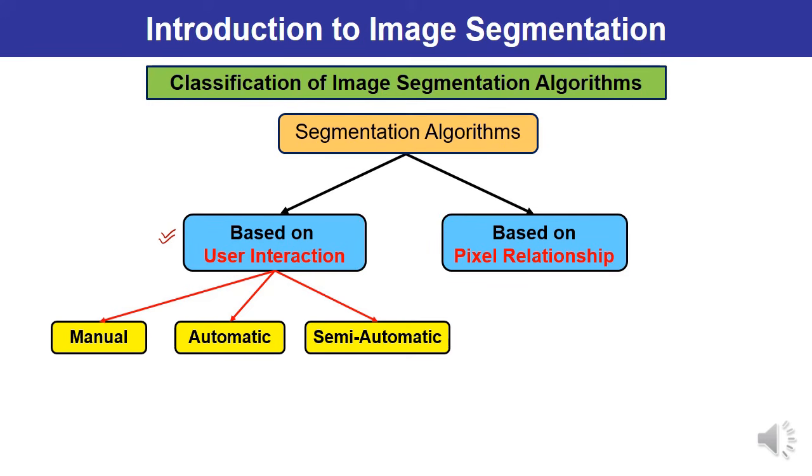So what do you mean? See, all of these 3 terms must be clear, and you can create an image. Like if you are doing the manual segmentation, what would it be? If we are doing automatic, what could it be? What is the semi-automatic? Let me tell you. If we talk about the manual method, what is the manual method? Here again, what is our object? Object of interest is observed by an expert.